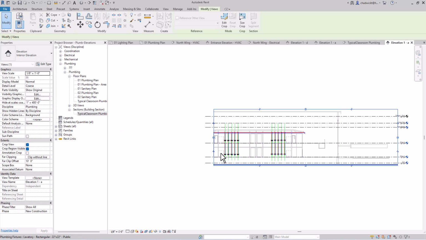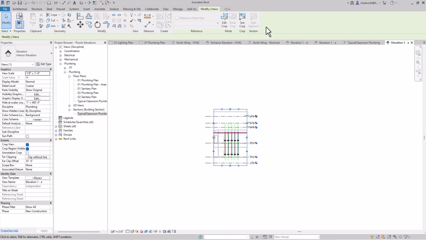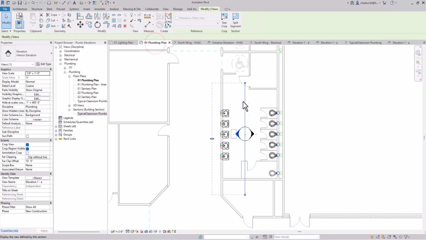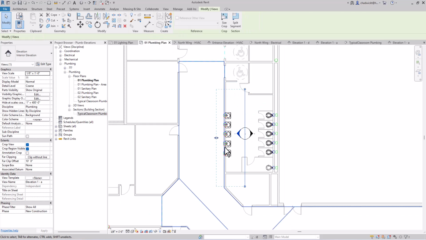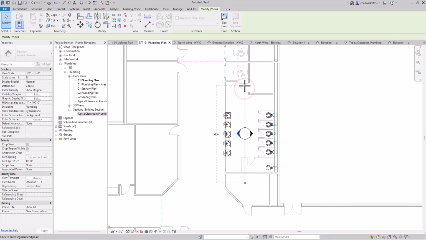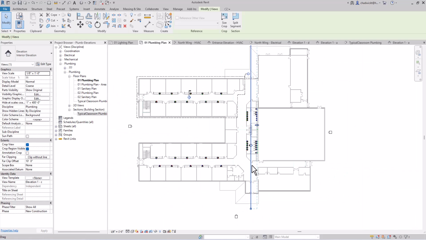Now, I might not be sure which restrooms I'm dealing with in here, so you can, of course, go back to the plumbing plan and take a look at the line here. It might be a little more easy to visualize what's going on. So I can drag the little dots here as needed. And then again, I can do the same thing for this one.